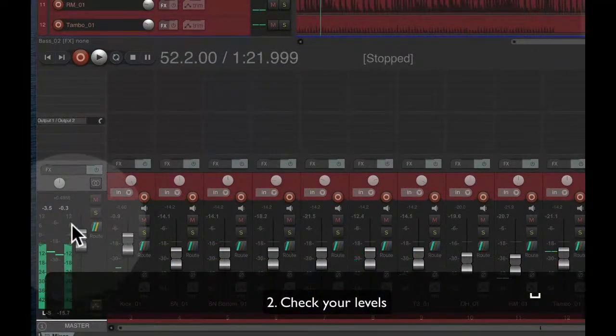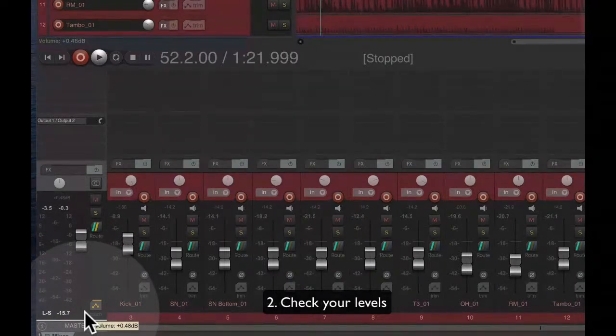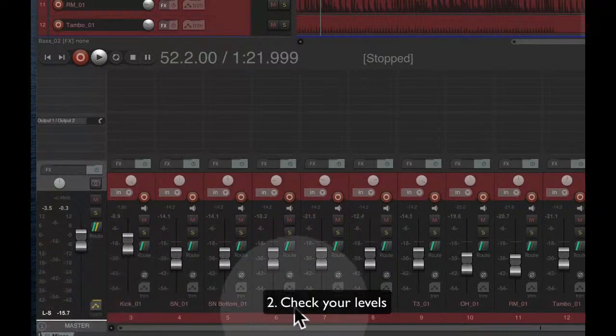Okay, you see right here, I'm at -3, and the average level is around -15, I think. And that's fine, that's acceptable. Okay, so now that I've got everything sounding the way I want to, I didn't spend any time on this mix, probably less time than you have. But now once you've got your mix to where you want it, what we're going to do